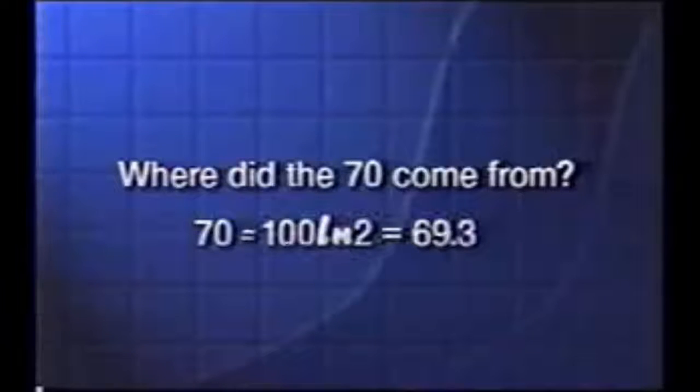Well, you might ask, where did the 70 come from? The answer is it's approximately 100 multiplied by the natural logarithm of 2. If you wanted the time to triple, you'd use the natural logarithm of 3. So it's all very logical. But you don't have to remember where it came from if you'll just remember 70. Now, I wish we could get every person to make this mental calculation every time we see a percent growth rate of anything in a news story.